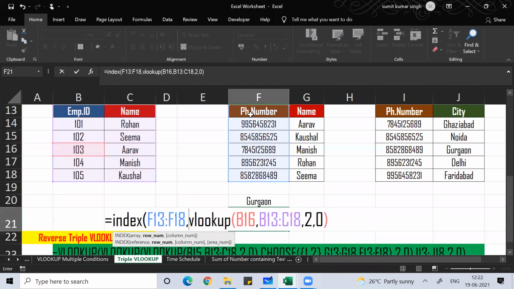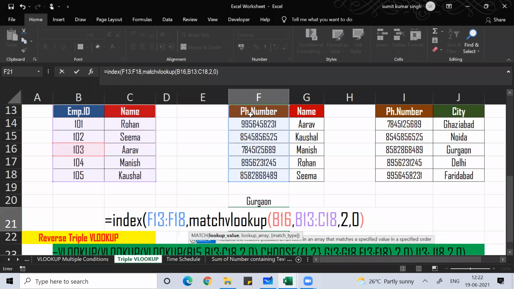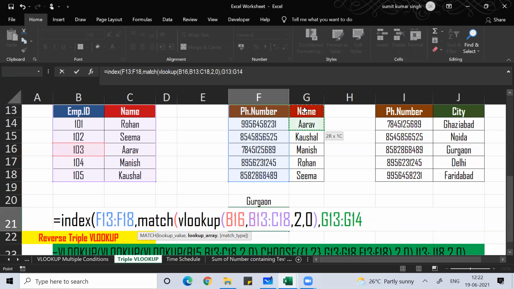Then it will ask you the row number. Row number means MATCH. So you use MATCH, and this is your lookup value in the MATCH, comma, then the lookup array is this, comma 0.